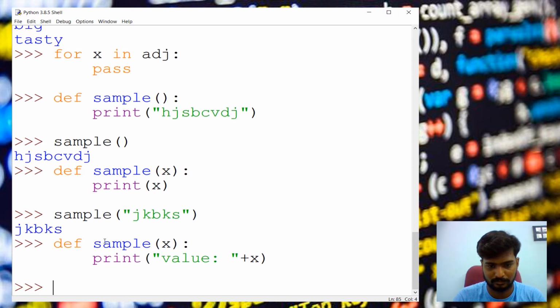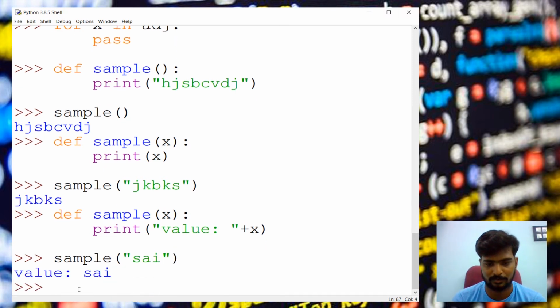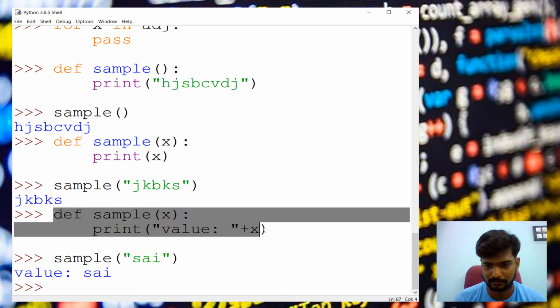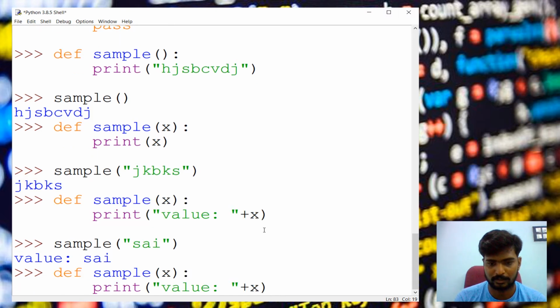So you can see values are okay. It's like a simple parameter passing. Or if you want to pass multiple parameters, we can pass. We will do that also. So already x is given, so we can give y. We can remove this, or we can make it like this.